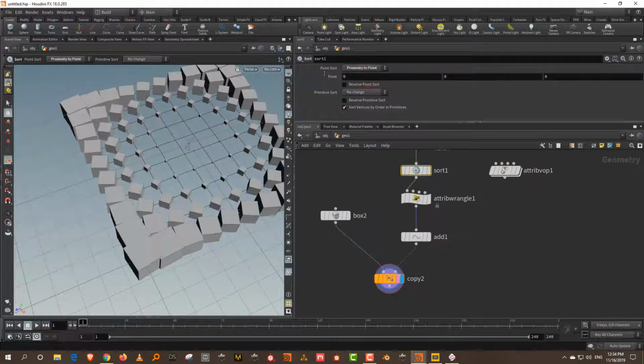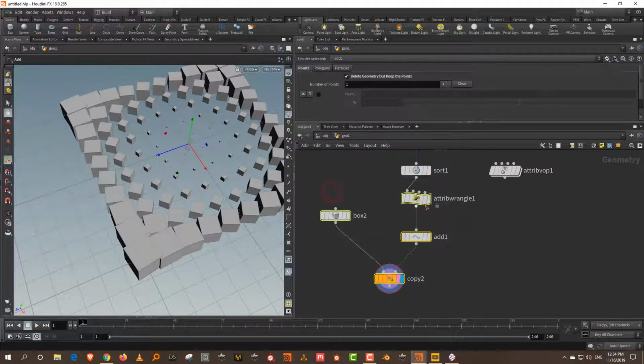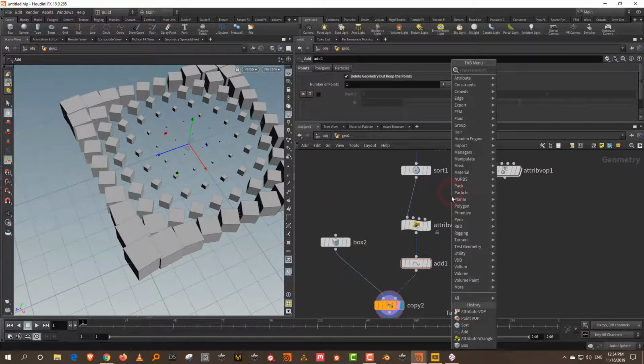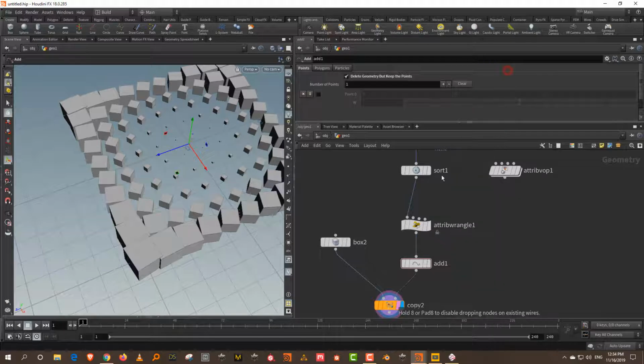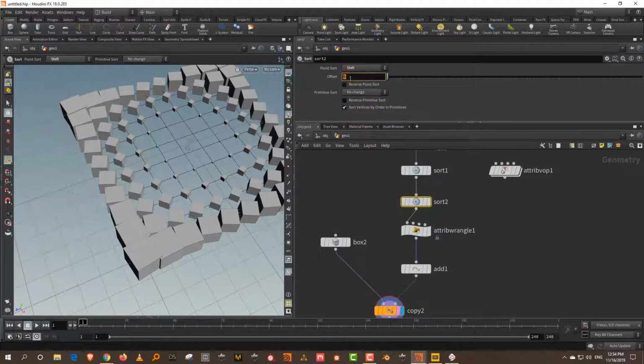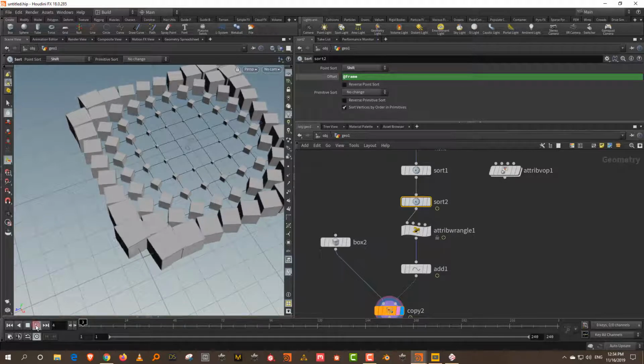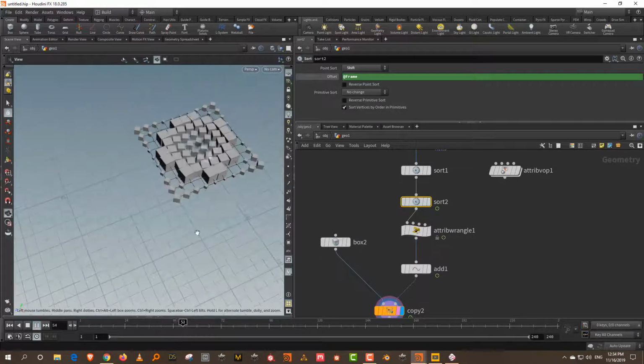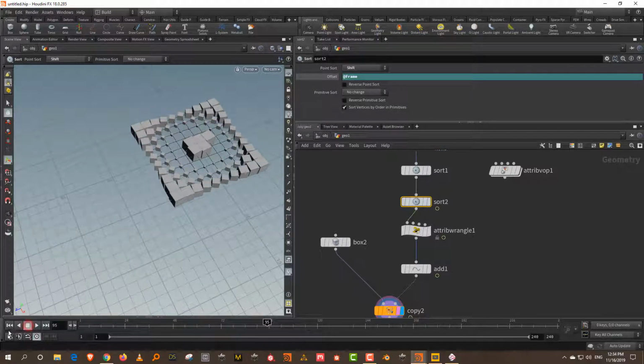Now I also want to shift this, so I can take a second sort. This one is proximity to point, and then I'll take another sort, and I just want to shift those points so I can animate them. I can keep it to shift, say add frame, and press play, and that's what happens. If you want it to go outwards, we can do a negative, so I just do a minus, and you'll get this.